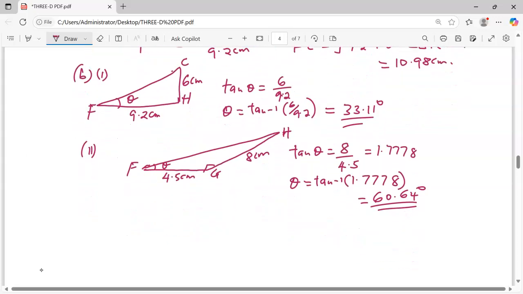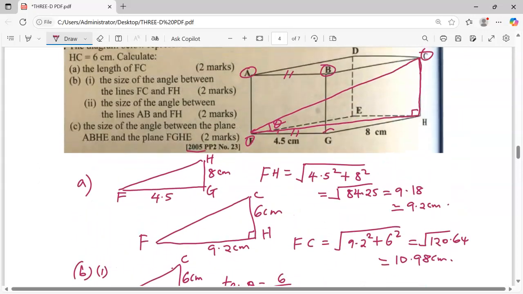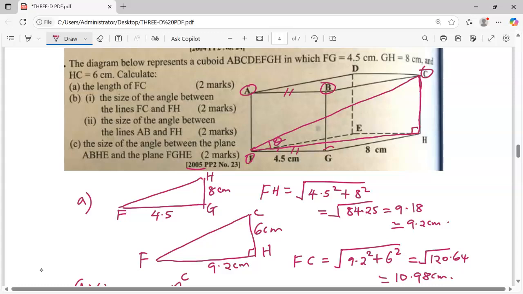Once we have done that, we can now proceed to part C and complete answering this question. Part C says the size of the angle between the plane ABHE. I can clear this so that we can get what we are looking for clearly. We need the size of the angle between the plane ABHE and the plane